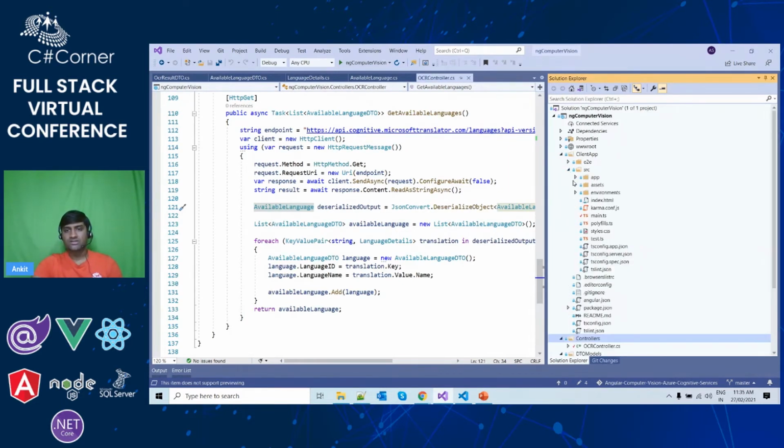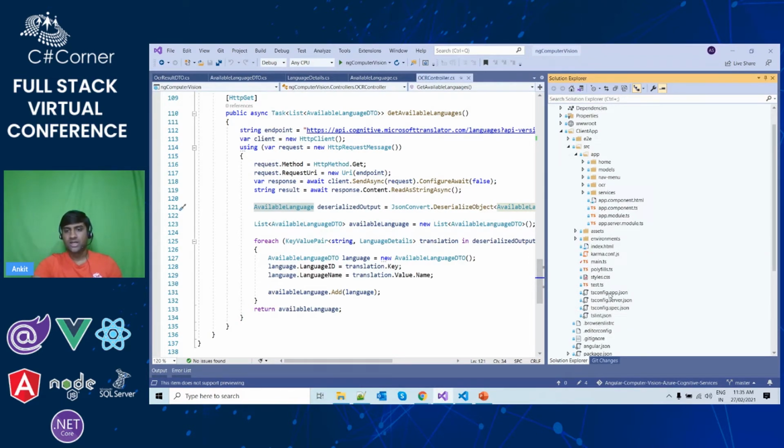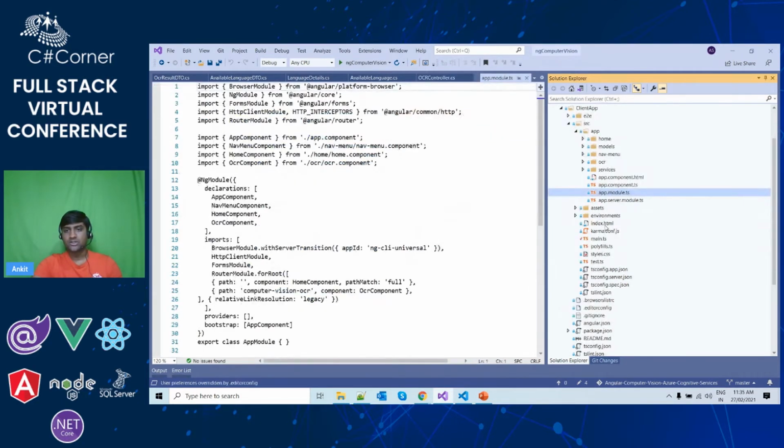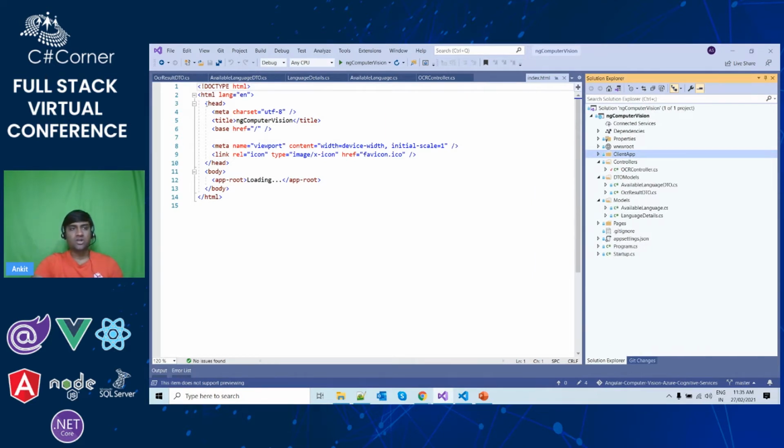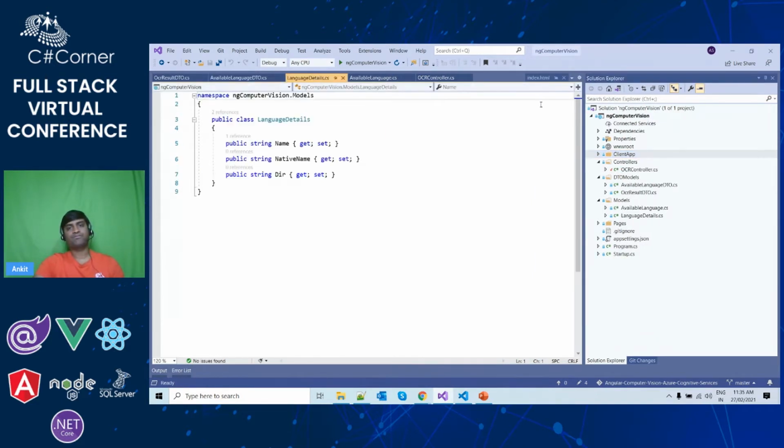If you look at this, there is source app, and then there are all your components over here. Then here you have app module, and then here is your index.html. All your client application code resides in this client app folder. So we are going to write all our Angular code inside this folder. So first of all, we'll see our models.